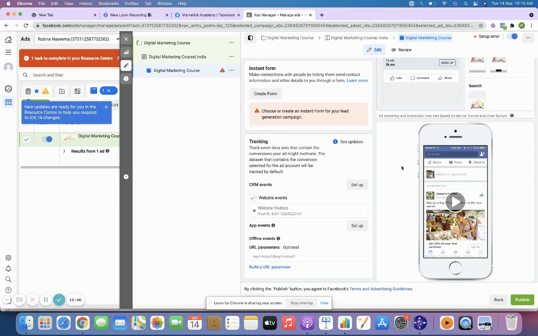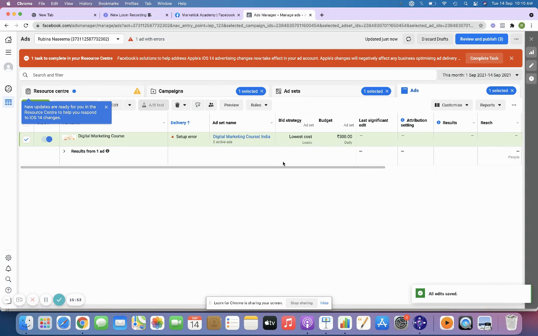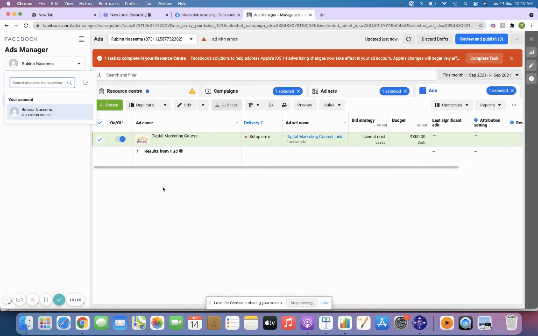Once the campaign is live, you will start getting results, so you'll start getting leads for your campaign. Once you start getting leads, how do you check your leads, right? You'll be able to see something called leads over here. The results will show up here. So how do you see your leads? That is one of the most important points which I want to cover as well.